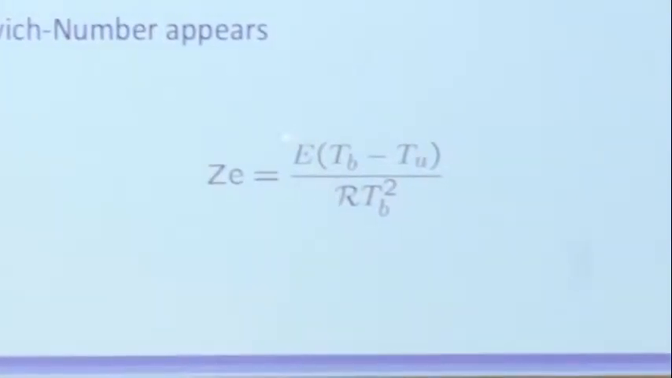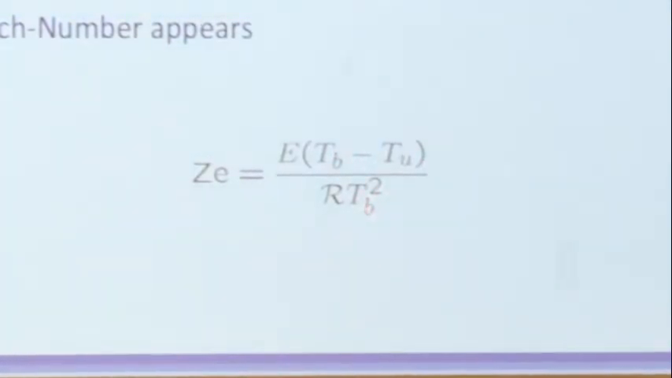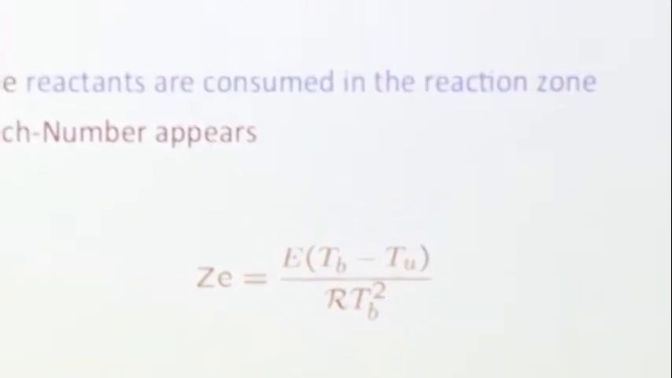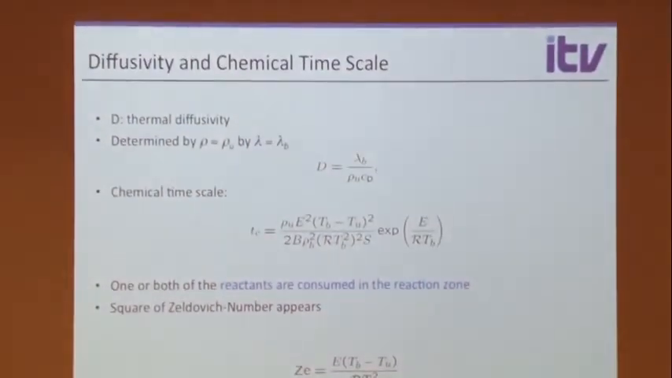There's a non-dimensional activation energy. And then (Tb minus Tu) divided by Tb, that is a non-dimensional heat release, basically, or temperature increase through combustion. So that is what this number here measures. And the larger the Zeldovich number, the stronger the nonlinearity, the stronger the effect of a temperature change on